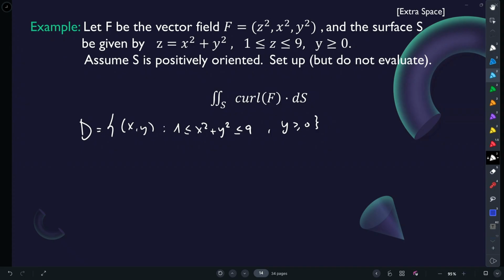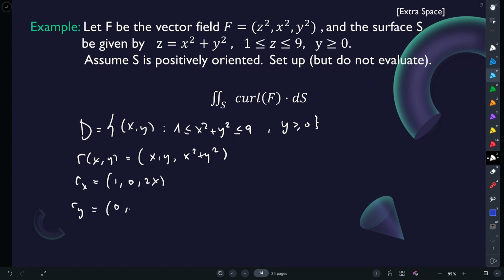And the parameterization of the surface, for every x and y, is x, y, x squared plus y squared. I can compute the derivative with respect to x, which is 1, 0, 2x. The derivative with respect to y is 0, 1, 2y. And now the cross product,